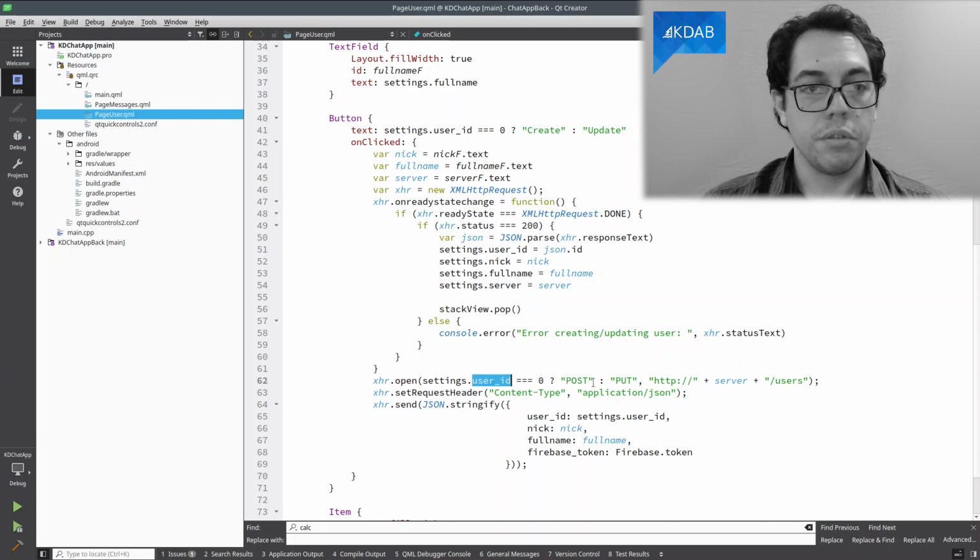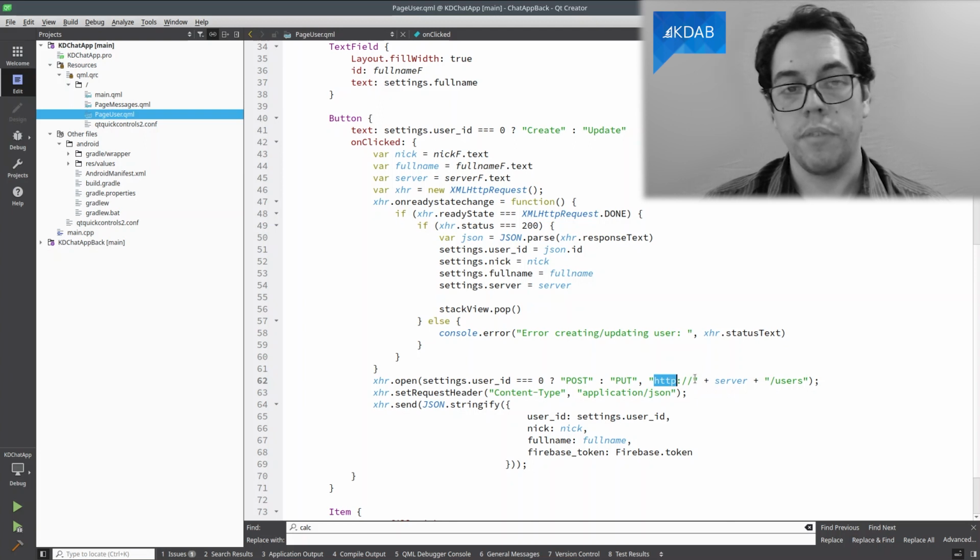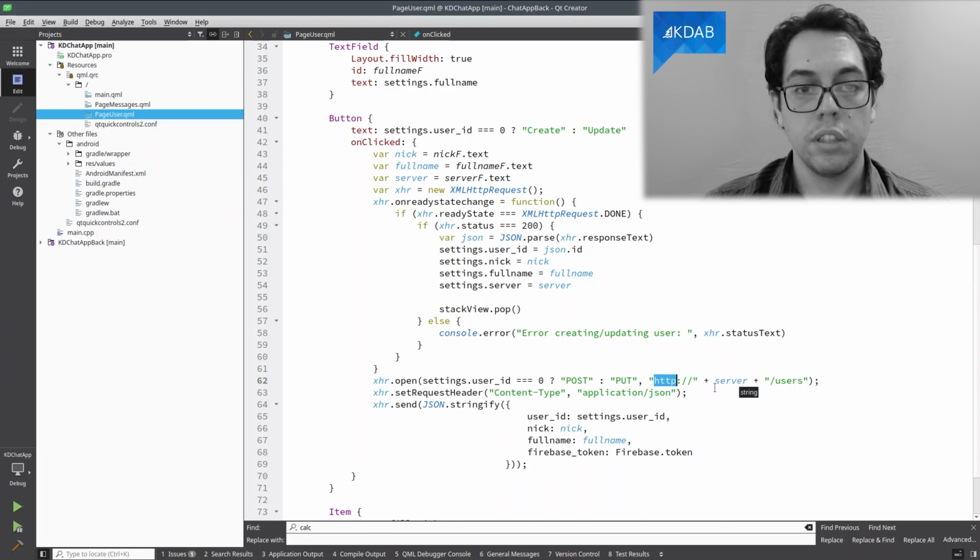If we are going to create a new user, it's going to be a post, else it's going to be a put. Then we set the HTTP URL, and we have the server, which is the server from the server field, /user. So we post or put on our localhost users.